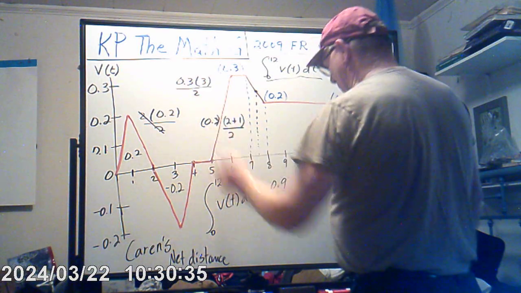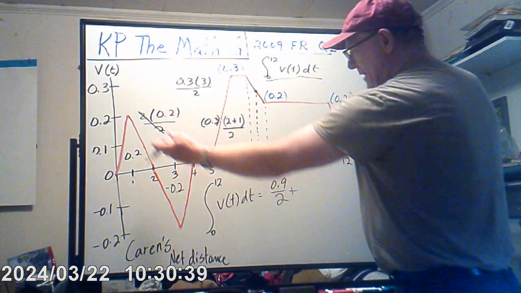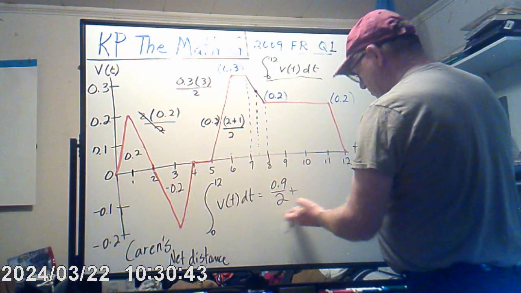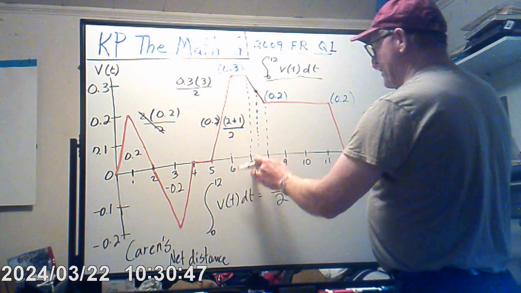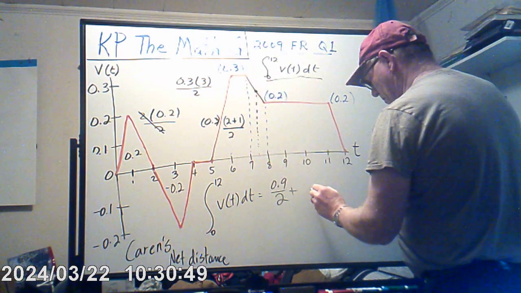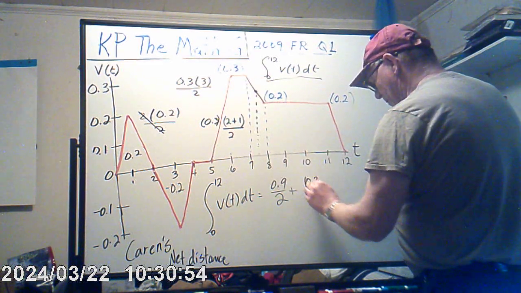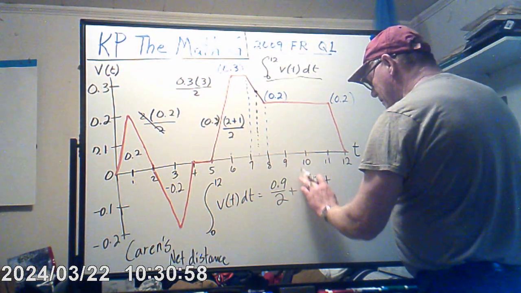So this is 0.9 over 2 plus, if you want to put these down you can, but this is okay to say. So this was 0.3 plus